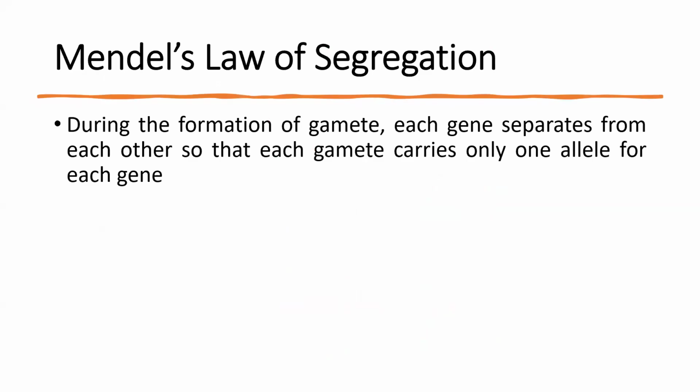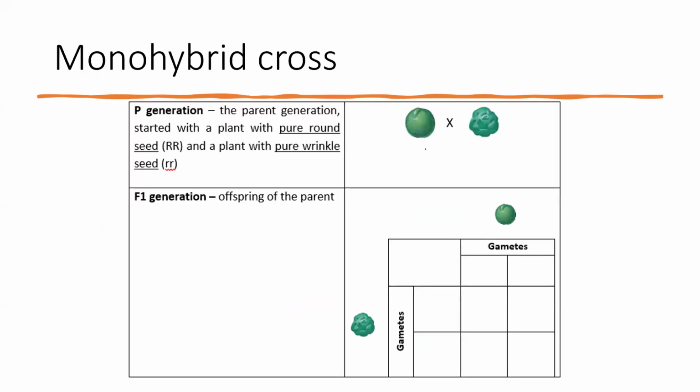Okay, we'll come back to this in a bit. So over here, there is a round plant, and then there is a wrinkle plant. And we know now the round is the dominant one, but he didn't know. But that's okay. We'll put big R for this one, and then this one is small r, because round is dominant, right? Okay. Now,